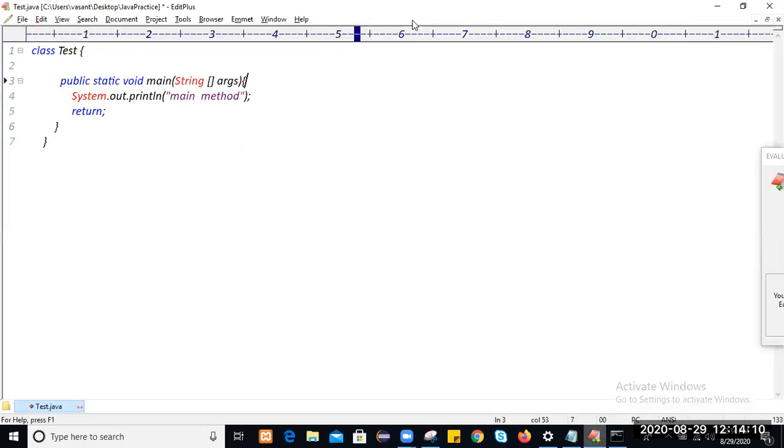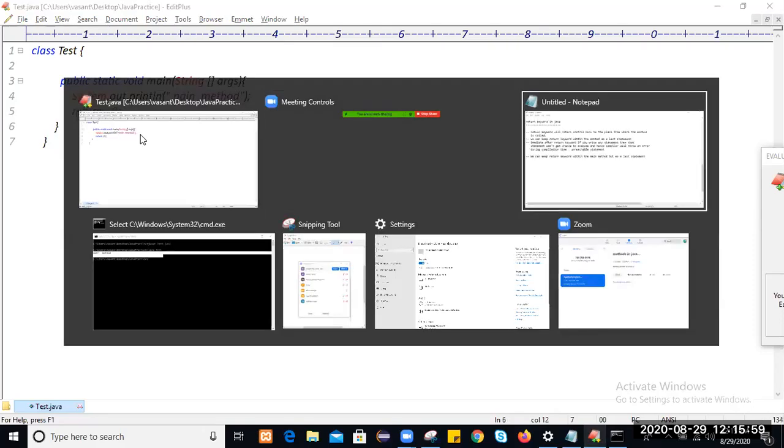Write this application. You see, so this is the value you are returning. But see, let's suppose you are trying to return some value from the main method, like 10. If you are trying to return some value from the main method, then you will get a compilation error when you compile it.